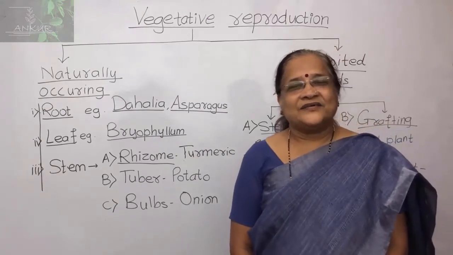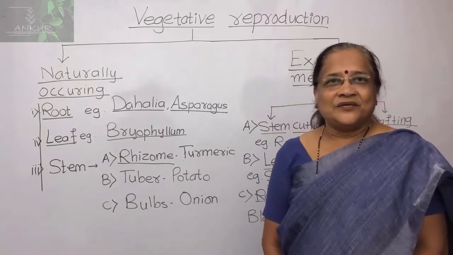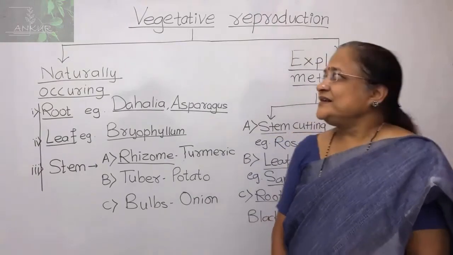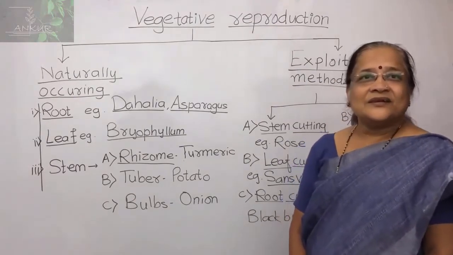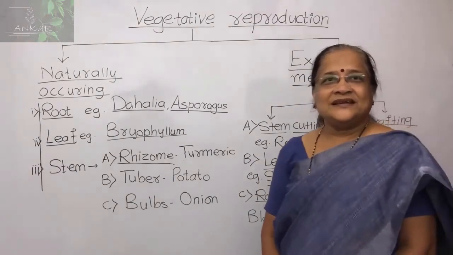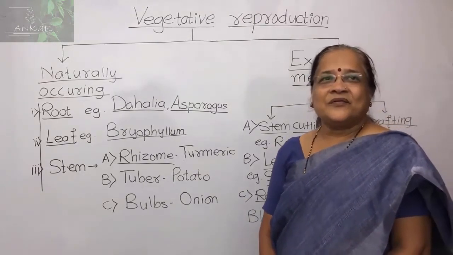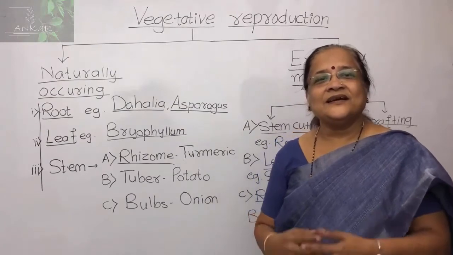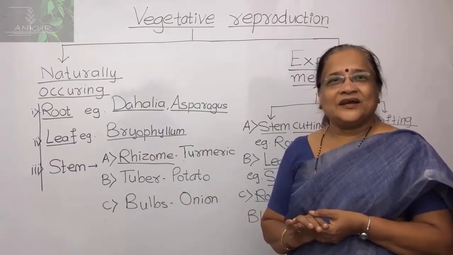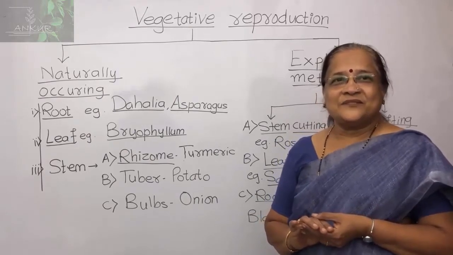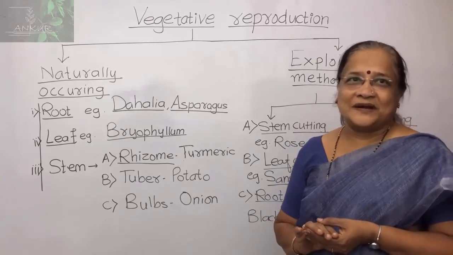In the last lecture we studied the asexual reproductive methods in lower plants. Now we are going to study some methods of vegetative reproduction. What is vegetative reproduction? In it, various parts of the plants are used for propagation, that is, for the multiplication of the plant. On these parts you get buds, and from those buds or young parts you again get new plants.